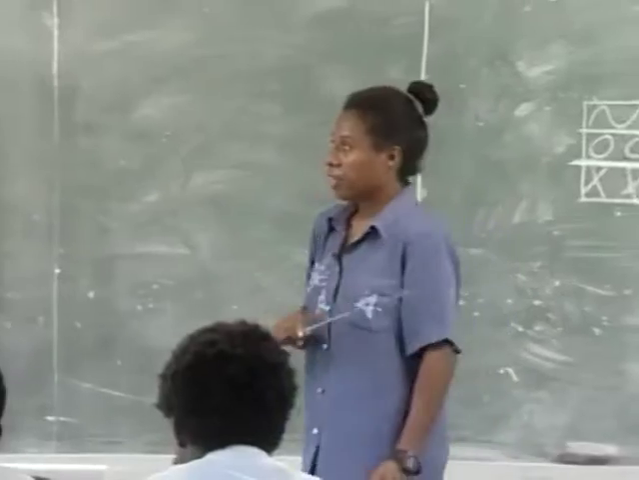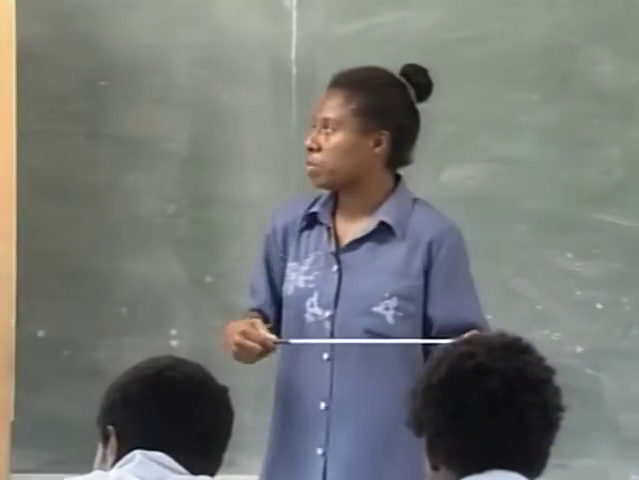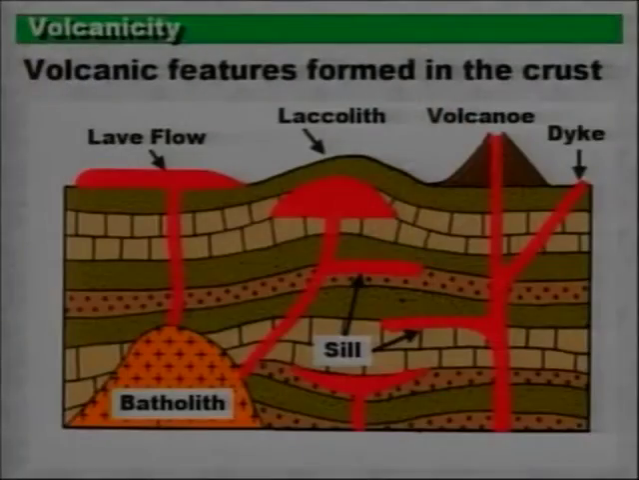Rebecca, give us another feature and explain that feature beside the sill now which has been explained. Dikes. A dike forms when magma squeezes into fractures of the surrounding rock and cools. Dikes may be vertical or inclined. Some dikes, when exposed on the surface, resist erosion and stand up as ridges or